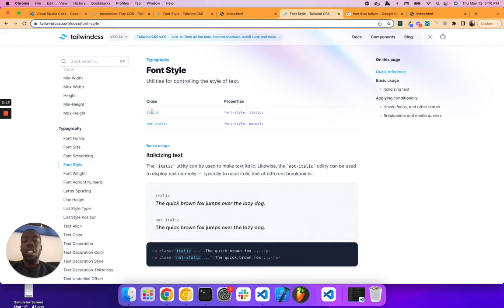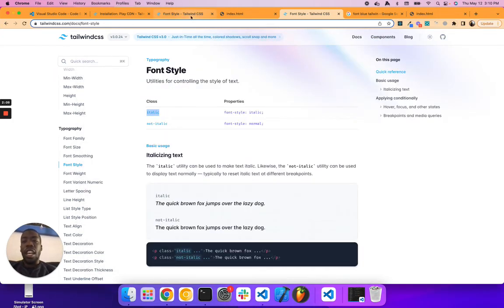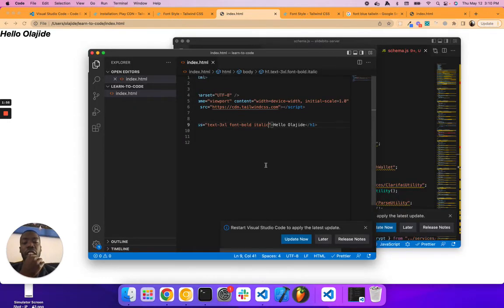And so let me copy this italic. Instead of italicized, let me put italic. And now when I refresh the page, I see that the word is italic. And I gave you another clue about what I was going to do next. You might see that the word was blue, and so let me turn it back to blue. But it's not blue, and so